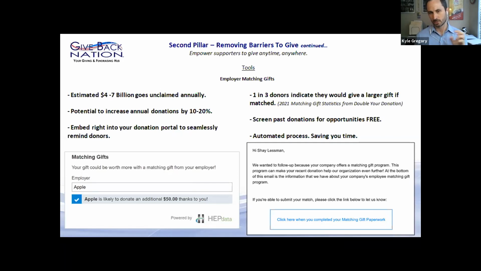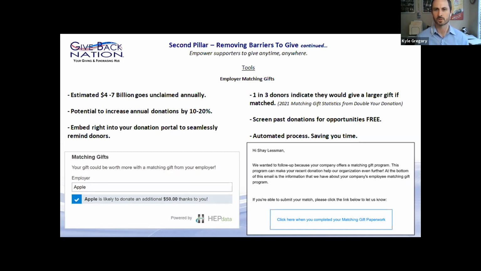And then it becomes automated, the email that goes out, if there's anything that the employer needs them to do, it just automates the process. So it's very slick. And again, statistics wise, 1 in 3 donors indicate they would give a larger amount if matched. So if they find out that their $50 donation is going to become 100, maybe they donate 100, so it becomes 200. So looking at that opportunity and assessing where you're at with this,